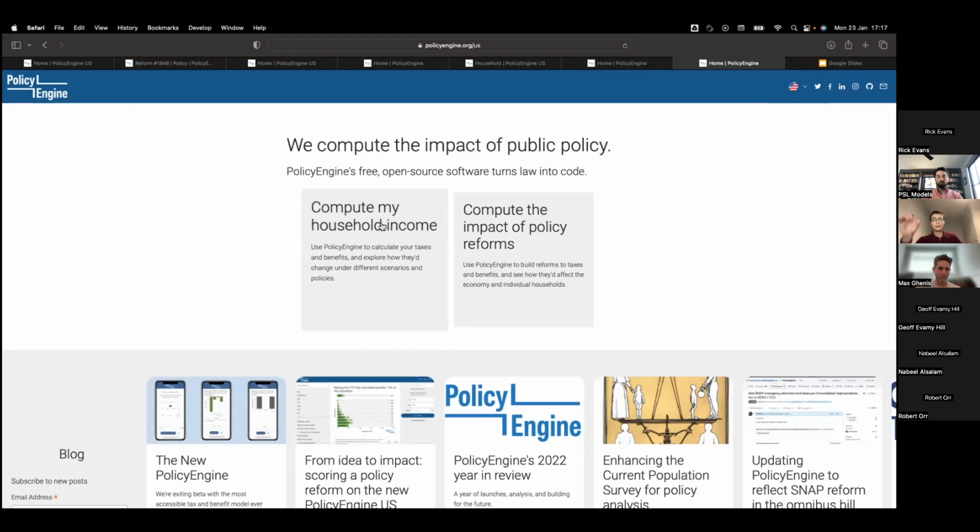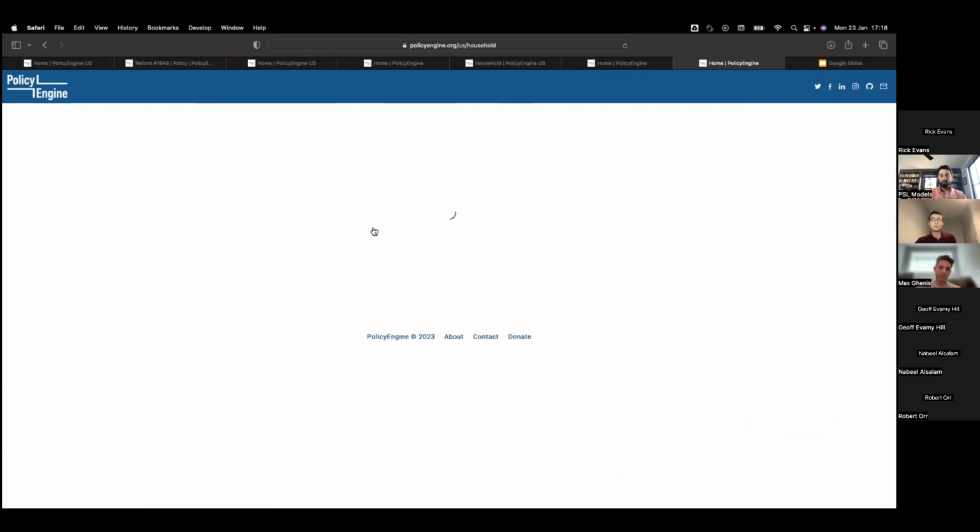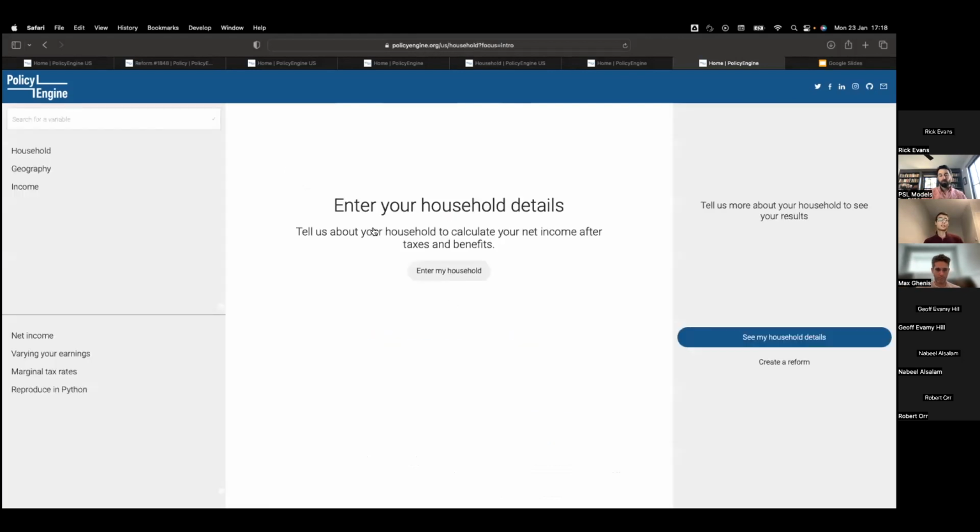So I'm going to walk through from the household side first, and then have a look at what the policy angle looks like. And we'll have an example of a CTC reform on a family in Maryland. So if I jump straight into this household side, we've got this layout, which is basically 3 columns. And the middle column holds what you're going to be interested in for the time that you're on the site. And then you've got some navigation options on the left, and some status updates on the right.